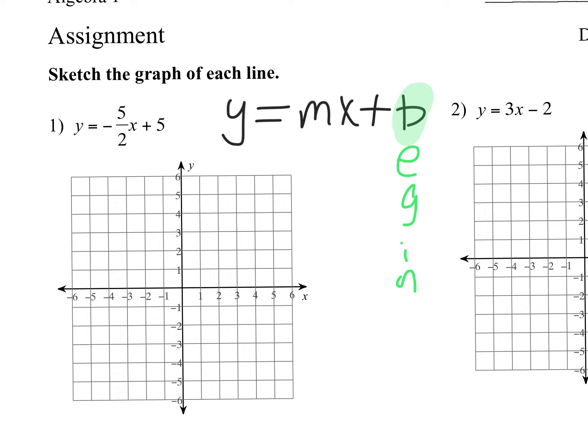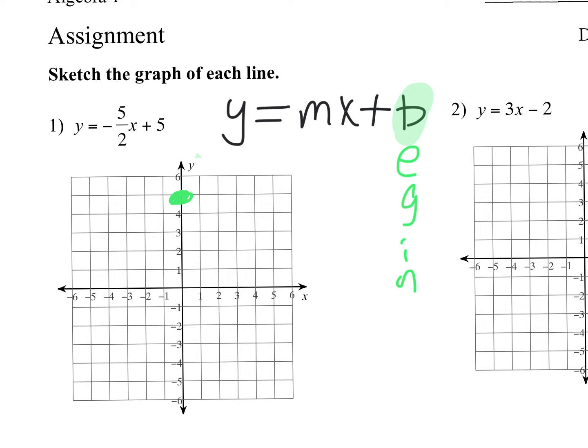But b, I like to think of it as where you need to begin. So what I like about this video is that lady definitely just burned b into your brain forever, right? Because that b in your slope-intercept form of an equation is where you're always going to begin when you need to graph your own. So because it's the y-intercept, what number, by the way, is the b in our equation right here? Positive 5, right? So everybody needs to put their first dot right on that y-axis